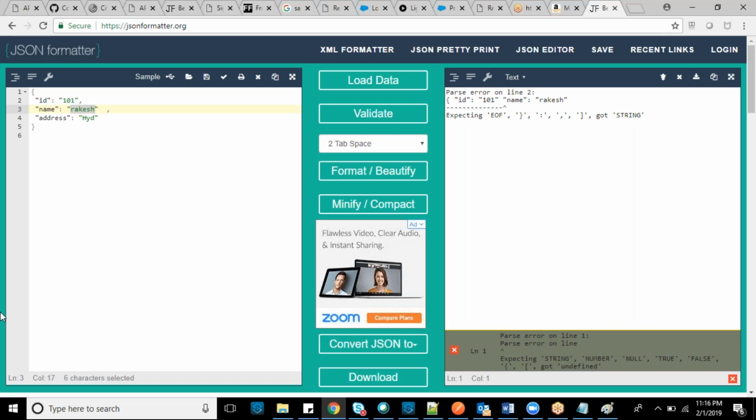Do you know Java? Do you know the Java programming language? Yeah, I know. Okay, in that, do you know Map? No, I don't know Map. You don't know Map, okay, basics, no problem. So Map is nothing but a key and value pair.